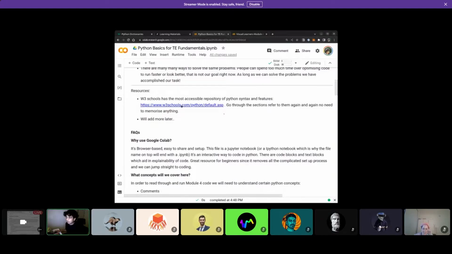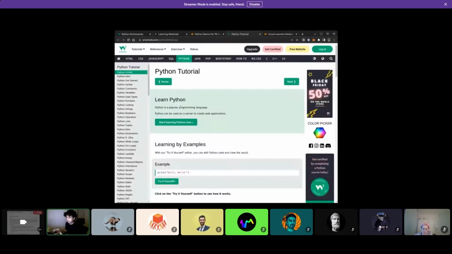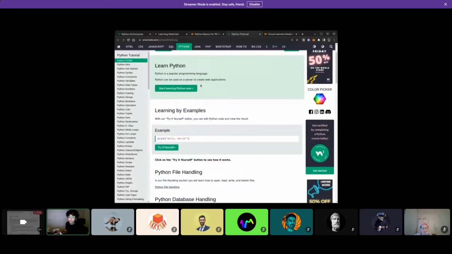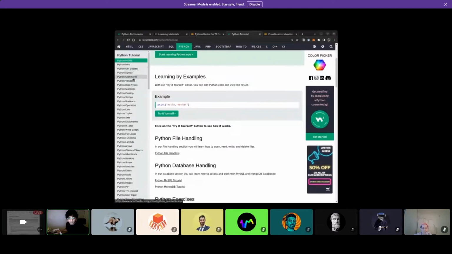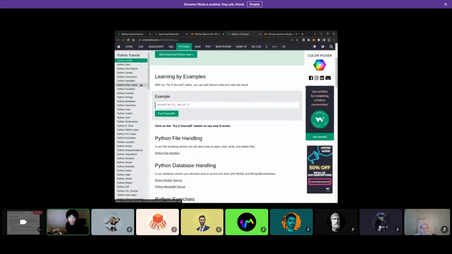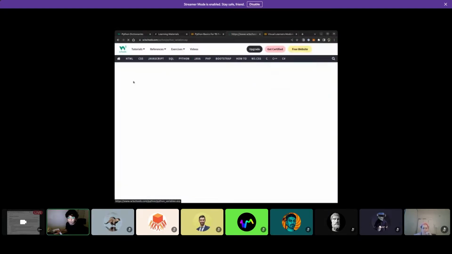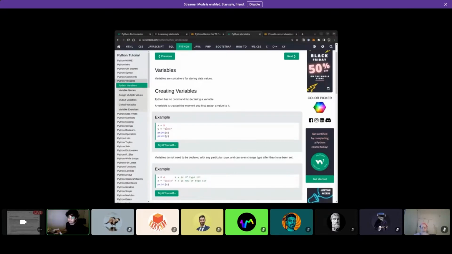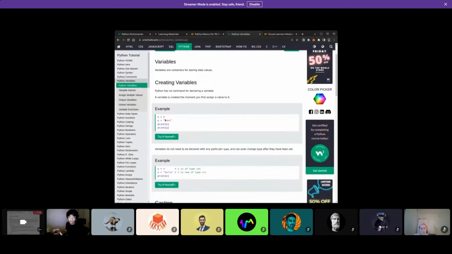These are the resources that I'm going to follow. I'm going to add a bunch more, but I think honestly, you basically just need W3 Schools. W3 Schools is a website where if you open the Python section, it has pretty much everything you need for Python. Every single topic in Python that you would need will be here. Like if you want, we open the variable section, it'll explain what variables are, how to use them, how to